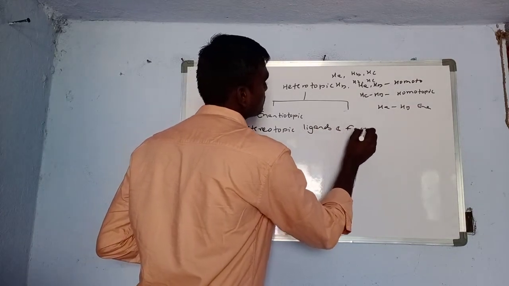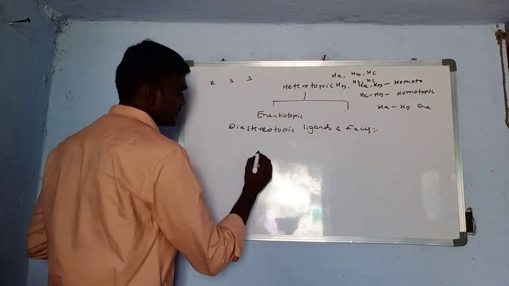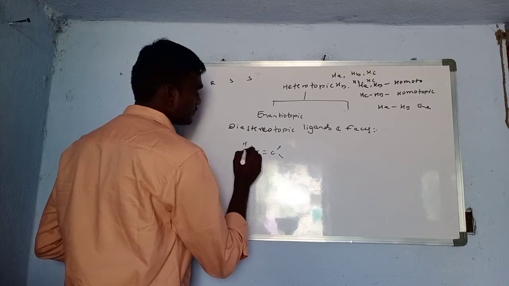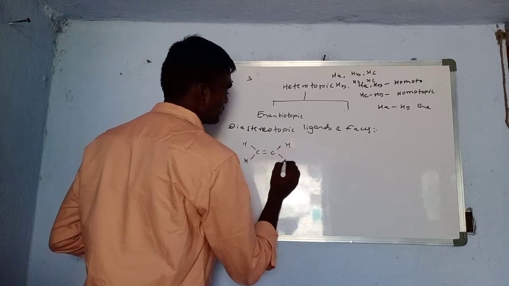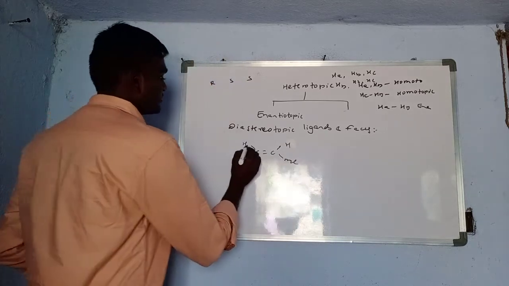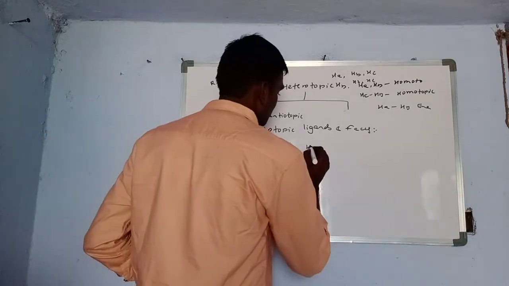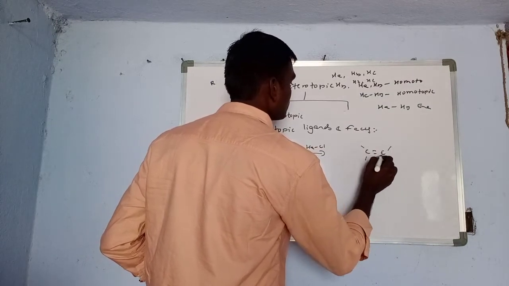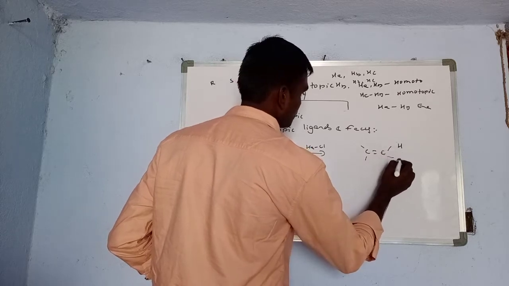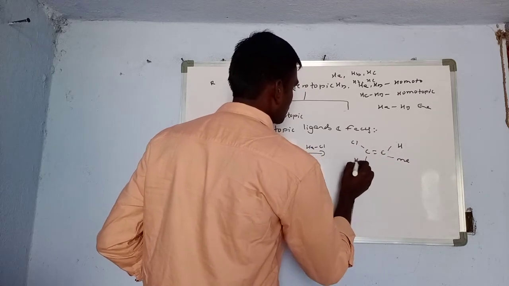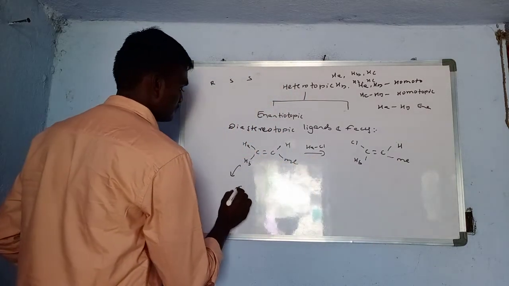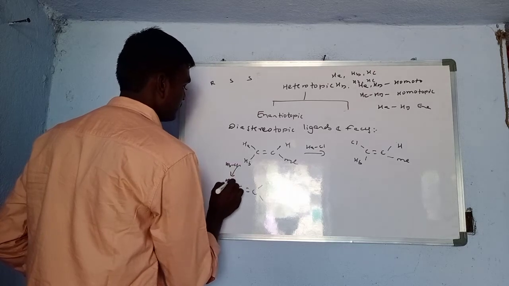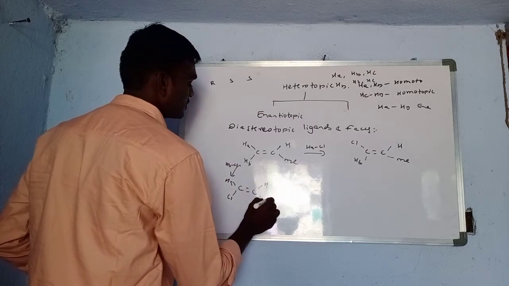Okay, let's see one example for this. Here, if you are taking this is the H and methyl group. If HA is replaced by a chlorine atom, this is the olefin molecule. This is the H, this is the methyl group, here fluorine, here HB. In the same way, HB is replaced by a chlorine atom. This is the hydrogen and this is the methyl group.